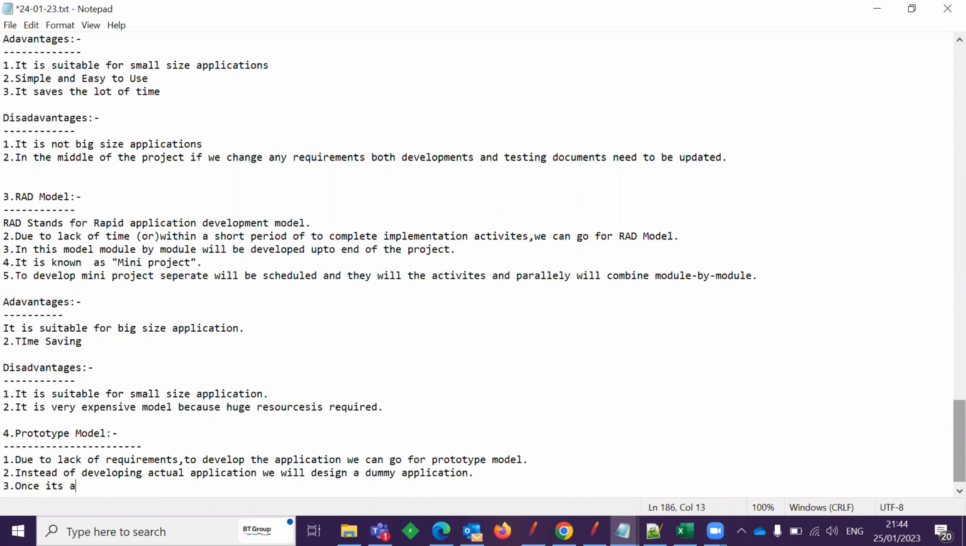Once it's accepted, why are they providing a dummy? It means to save time. If the customer accepts, then the same thing they will develop in the actual application. It is accepted by the customer. Once it is accepted by the customer,